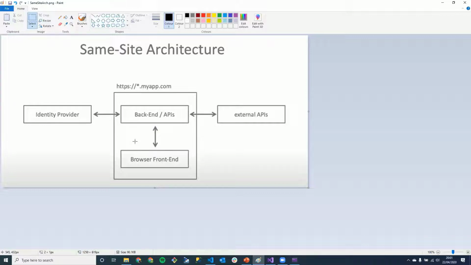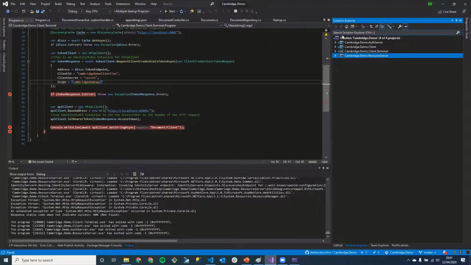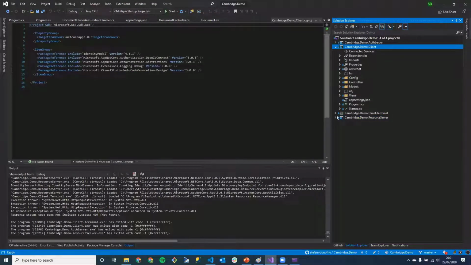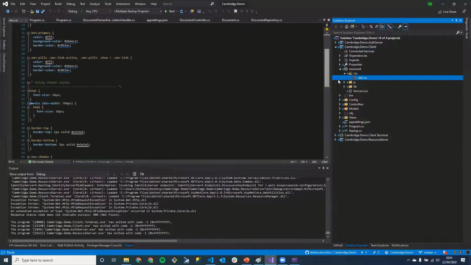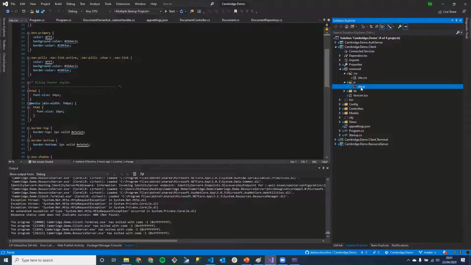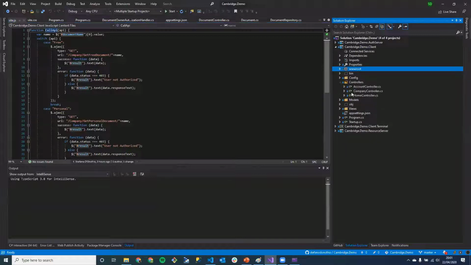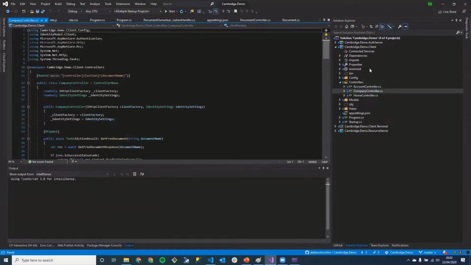So what I will do, honestly, and actually it's not what I did in the client, but it's quite similar. Here I'm making some Ajax requests to an internal API that I have in